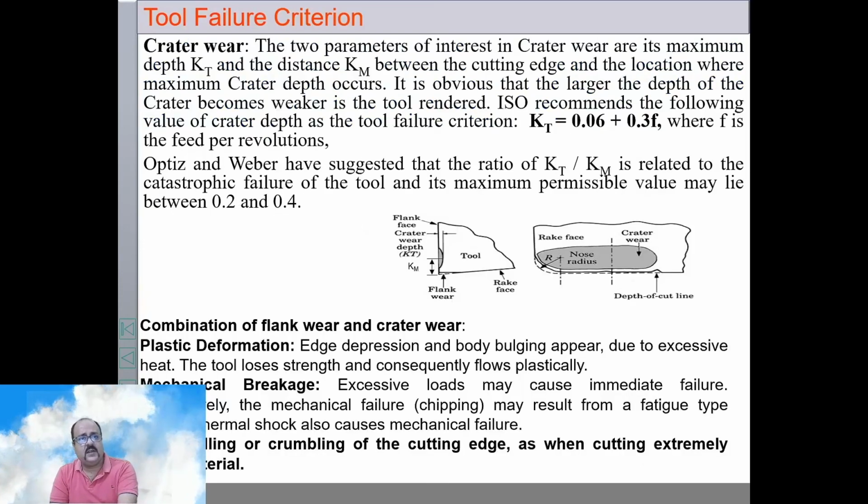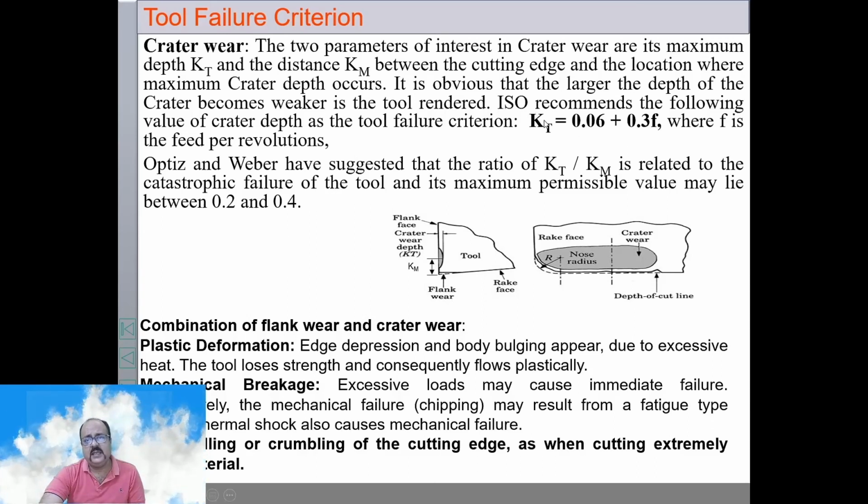Now there are certain criteria using crater wear also. Two persons, Opitz and Weber, recommend that the tool has failed by crater wear if KT, which I have discussed, the depth of the crater, is 0.06 plus 0.3 F, where F is feed in millimeters per revolution,